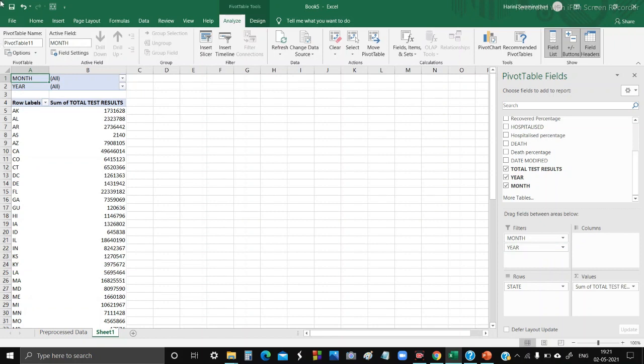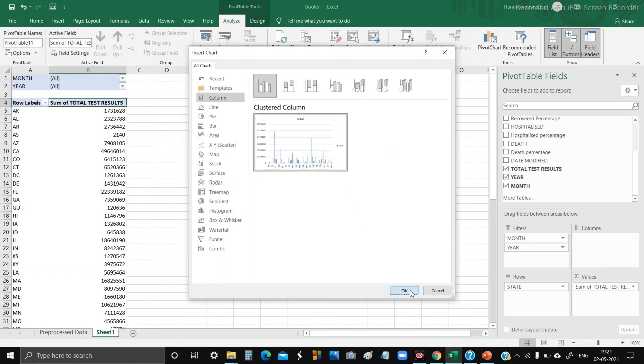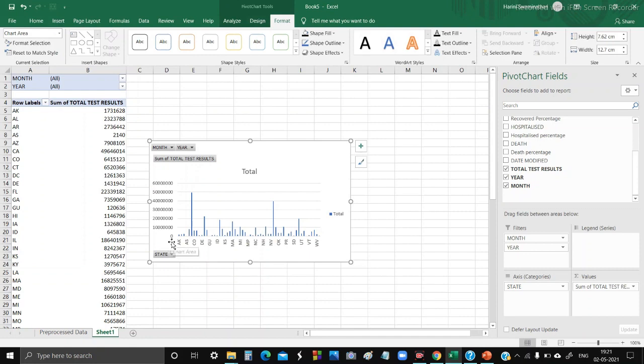Now click on the pivot chart and choose the desired chart type you want to create. Here I am creating a bar chart. Copy it and paste it in a new sheet.